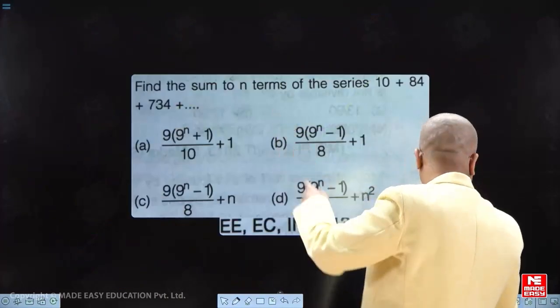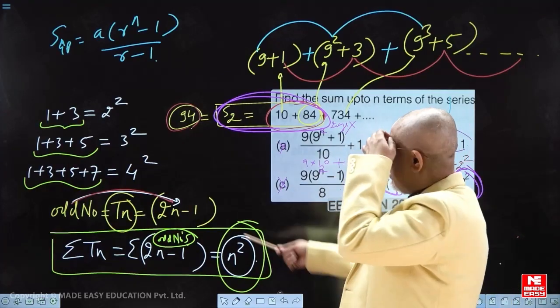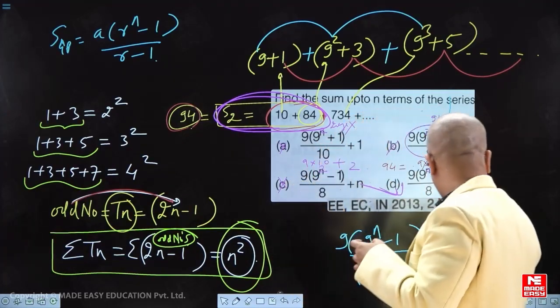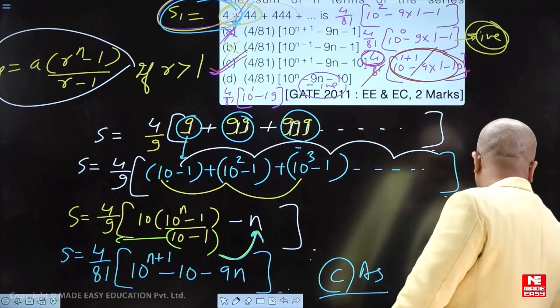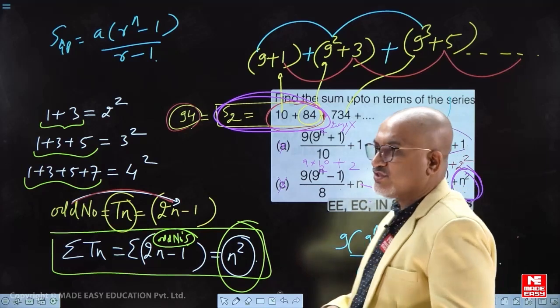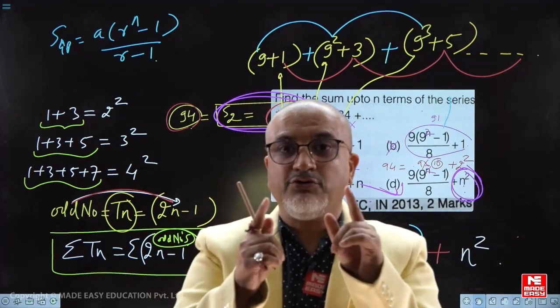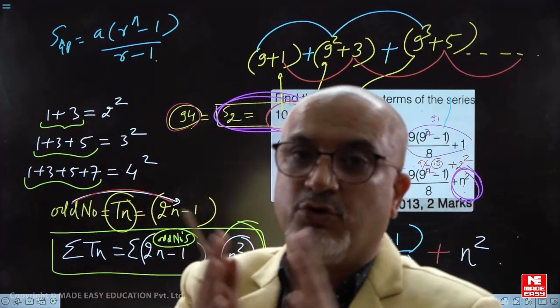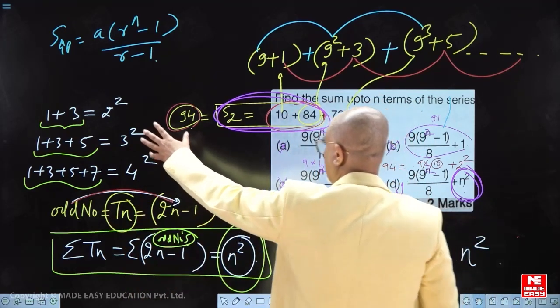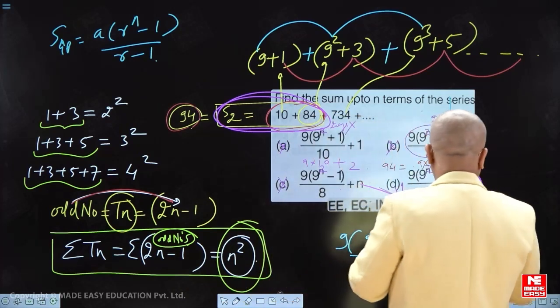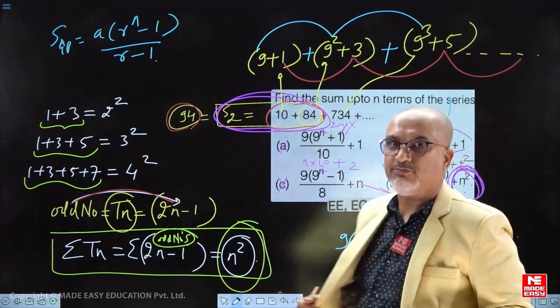Check up till the first term in this question, and here we can check up till 2 terms. First of all, you have to check up till the first term; if more than one option is correct, then put n equal to 2. Or otherwise, we have also understood an important formula, that it is n square, which was present in only one of the options.